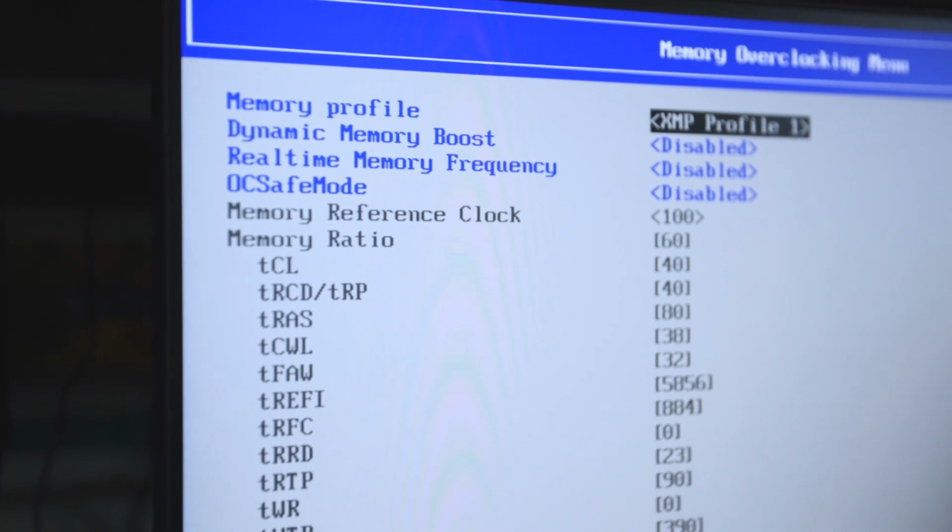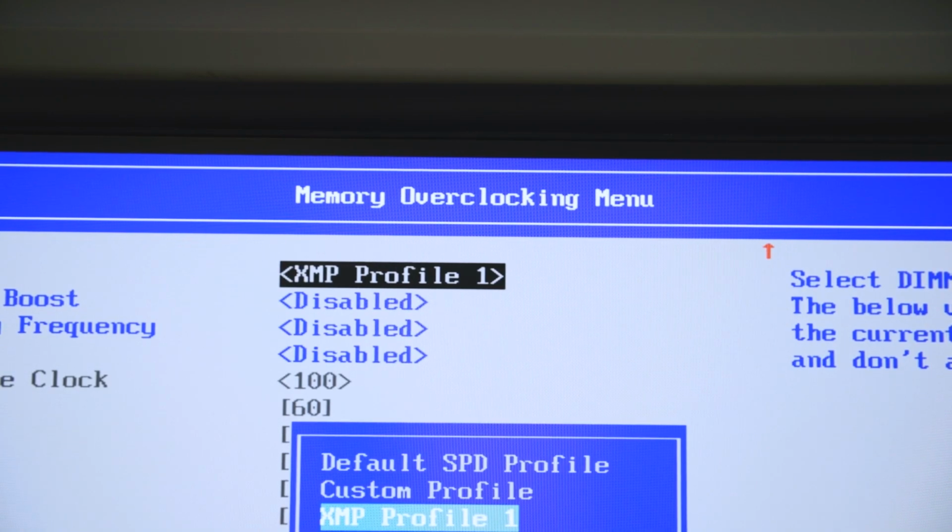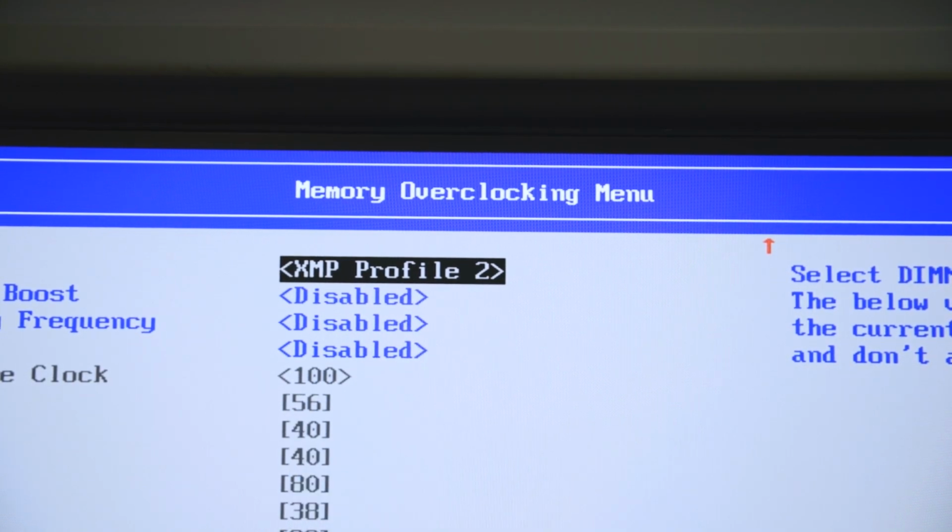And it's essentially, think of it as like an Excel table. So when we have XMP profile 1, you could think of that as one column, XMP profile 2 is another column. So we have a variety of frequency, latency, and voltage pairs that are stored there. And then those can be easily recalled by the user through BIOS or other means to make your overclocking become